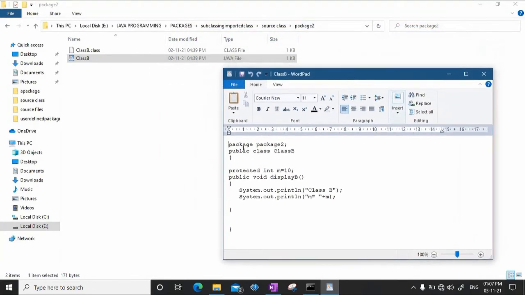First, I am writing here package 2. So, I am specifying that this class B is supposed to be a class from the package called package 2, which means class B is a class from a subdirectory called package 2, right. Then public class B, so this is the definition of the class. Notice that I have to declare this as public, because if I do not declare this as public, you will not be able to create objects of class B outside this particular package,